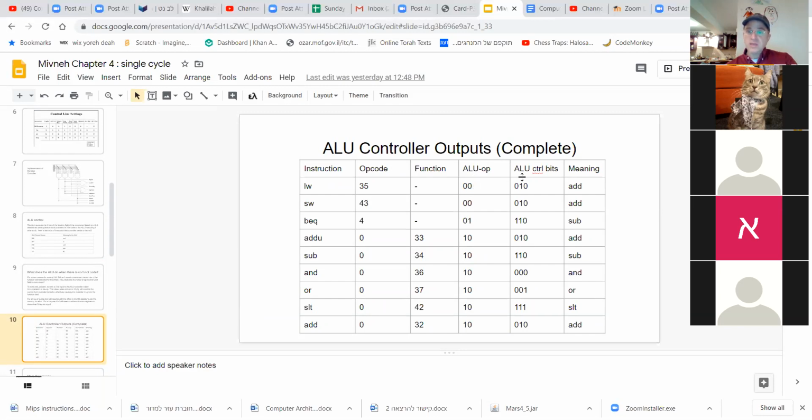And that will mean that the ALU should be sent the bits 0, 1, 0 in order to do that add. And the same thing for subtract, for store word. But for the BEQ, which is a different opcode, obviously they're all different, now here it'll be different. The ALU op will be 0, 1. So we're going to see that 0, 1 is saying do a subtraction. So 0, 0 means do a